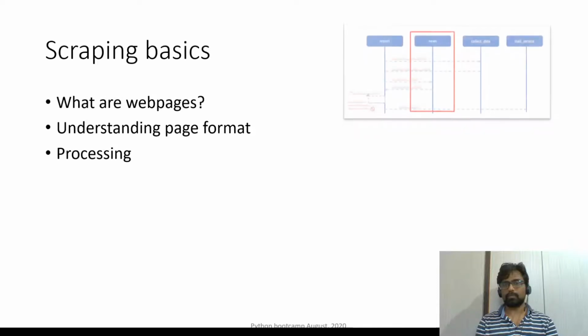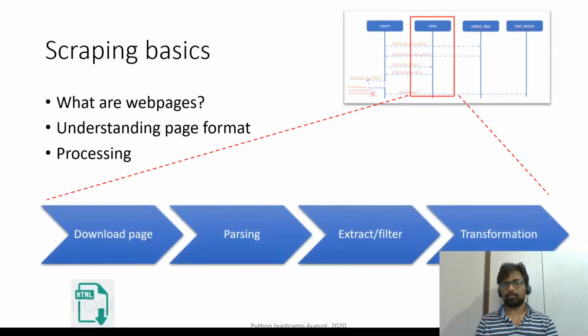So we understood how the page is formatted, and how that HTML is formatted. That is in tree structure, and we download the page, we parse it, extract, filter, and transform it. So this is also called an ETL. ETL is nothing but extract, transform, and load in the data center world. Similarly we are doing this. If you are working in big companies such as ANZ, EMC Square, and NetApp, these guys do data center jobs.